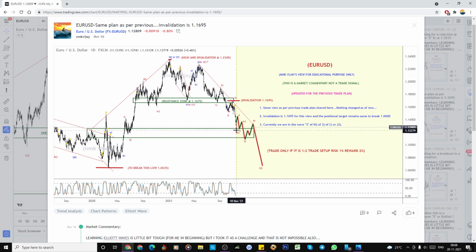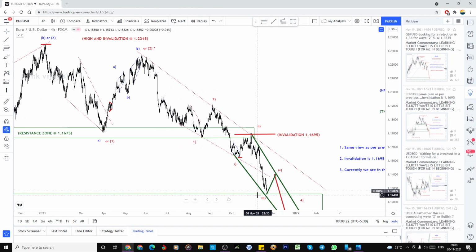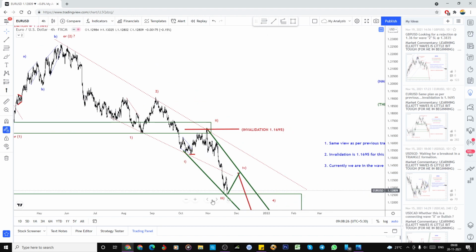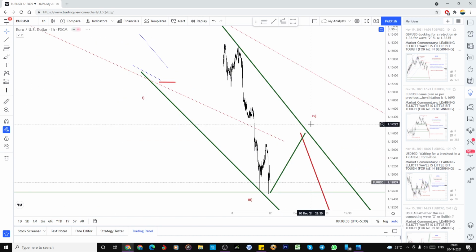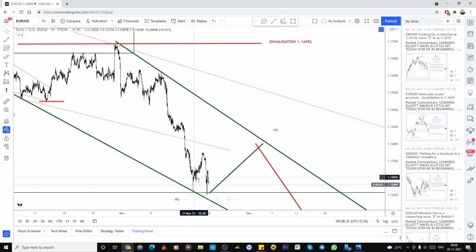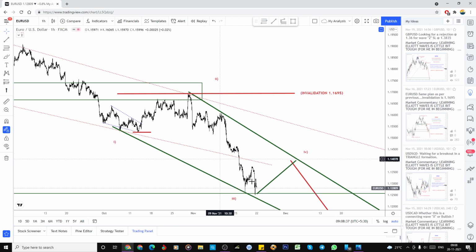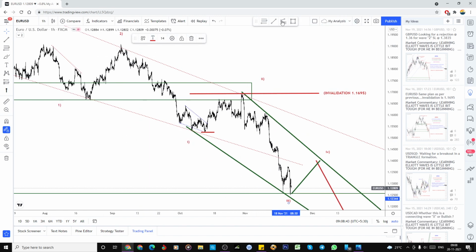So this third wave ended here, and the fourth and fifth, it seems like this third wave has ended here. The intermediate wave I deleted. So whether this is the end of the third wave or this fifth wave can extend it also, in the 1 hour chart, see, this is the fourth wave and the fifth wave has ended, which means this could be the end of the third wave here. But here that wave 1,